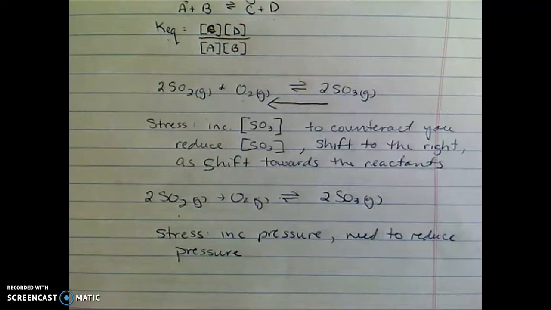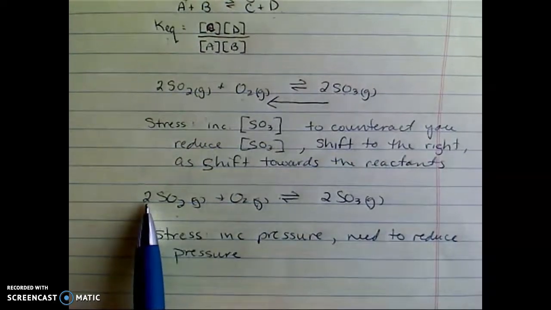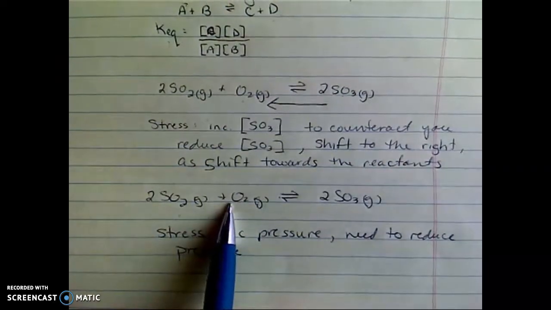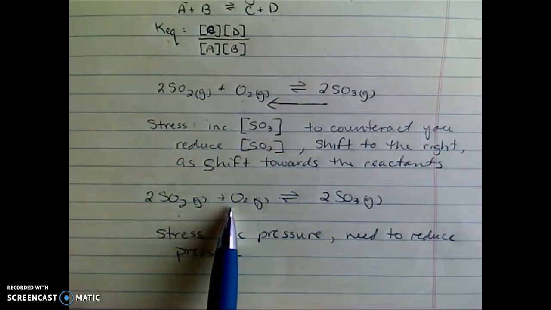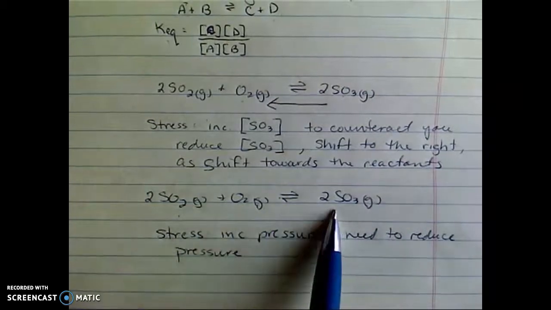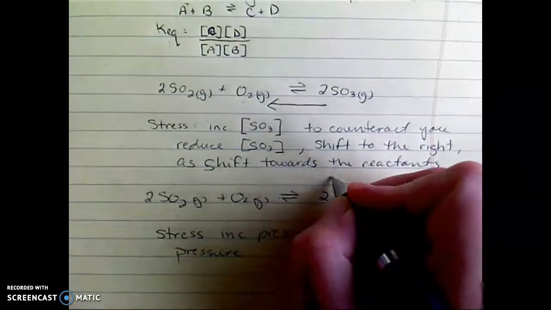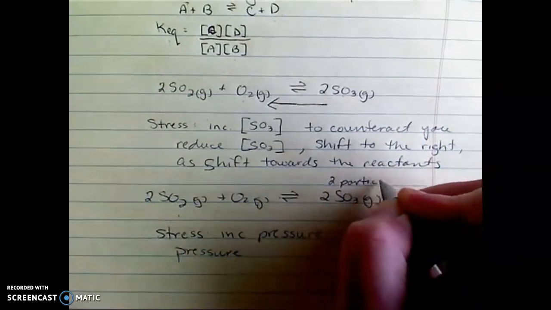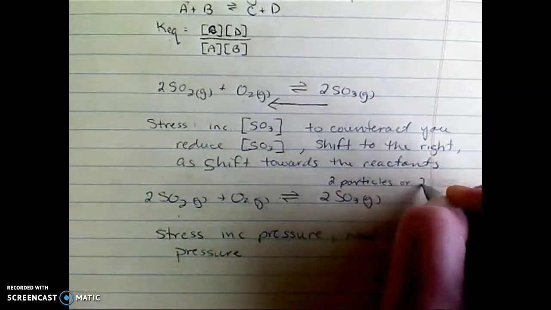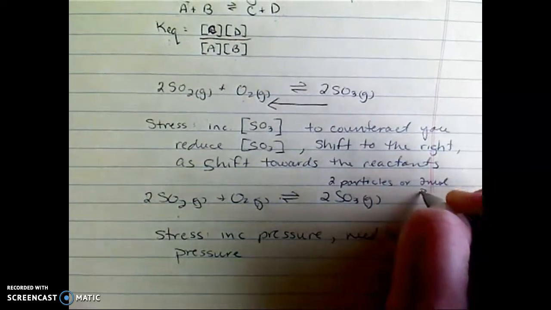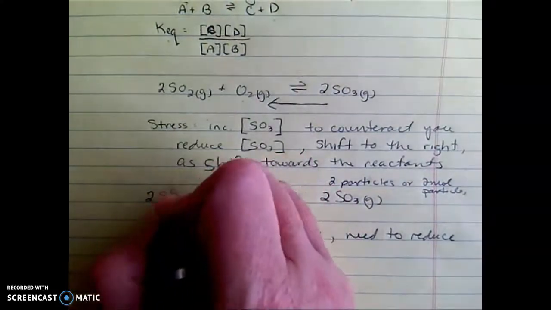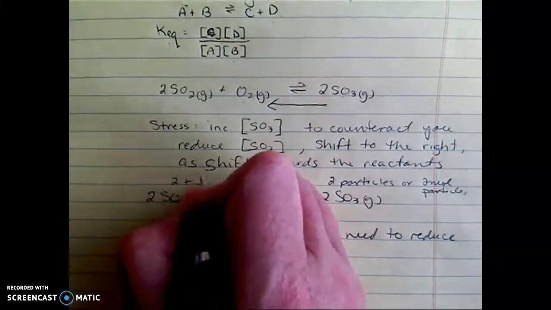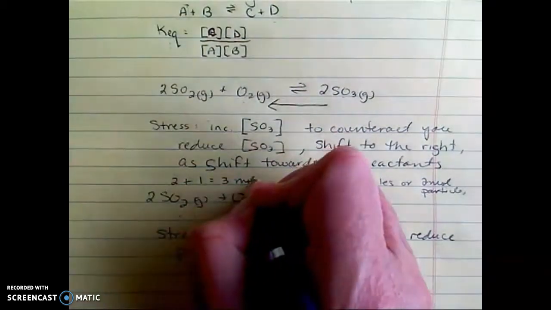So you can take a close look at this reaction that's in equilibrium. On the reactant side, we have 3 moles of particles, or if we're looking at it individually, we have 2 particles of SO2 and 1 particle of O2. On this side, we have 2 particles of SO3. So we have 2 moles of particles colliding in the container, whereas on this side you've got 2 plus 1, which will give you 3 moles of